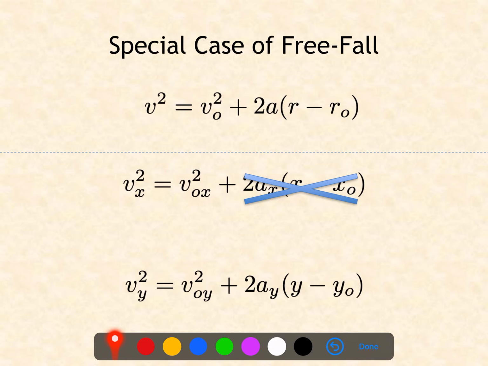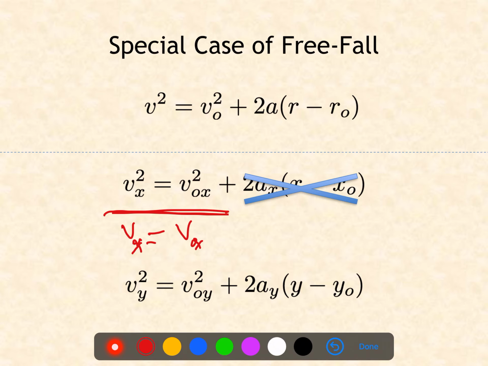Notice that this leads to a rather boring result for us in terms of the velocity for the x direction. But this boring result is actually really deceptive because we don't always think about what it means. What this means is that if I take the square root of both sides here, the final velocity in the x direction equals the initial velocity in the x direction. So it doesn't matter